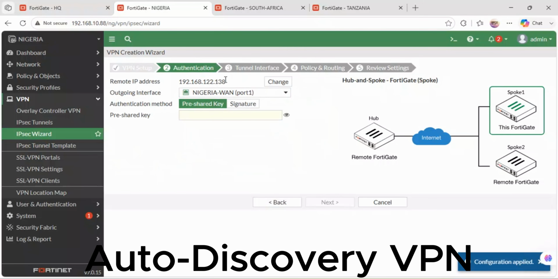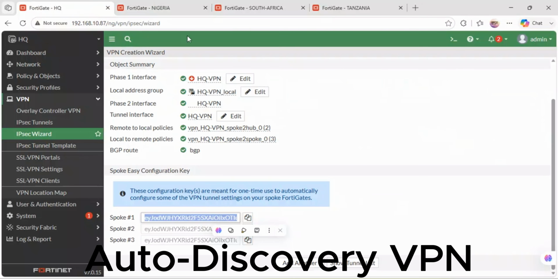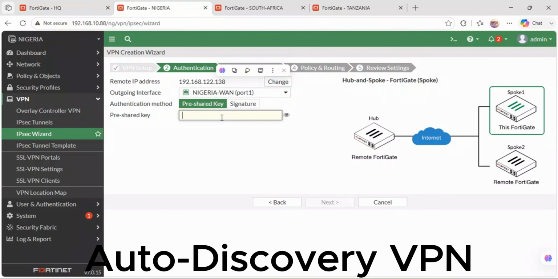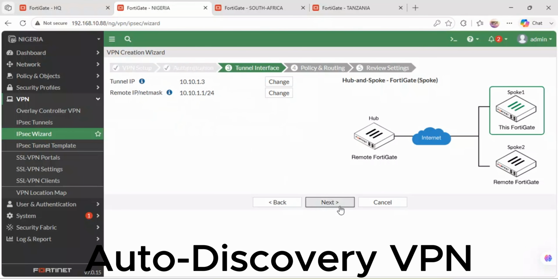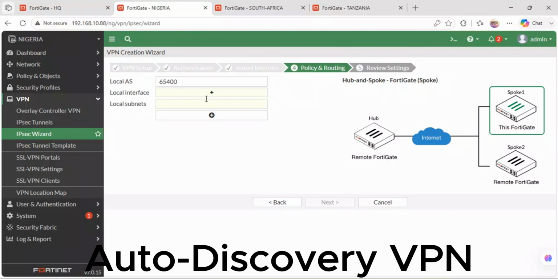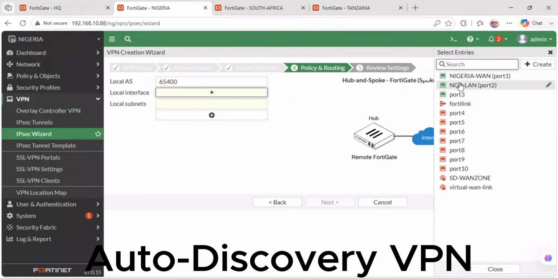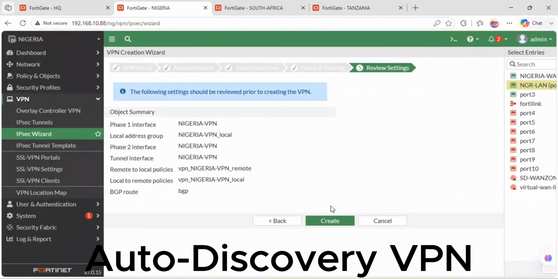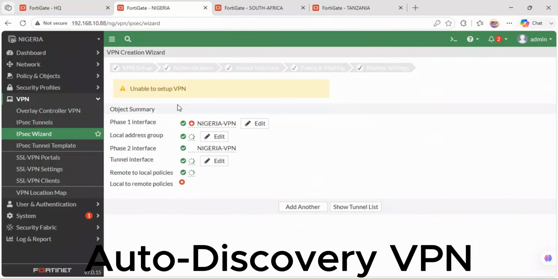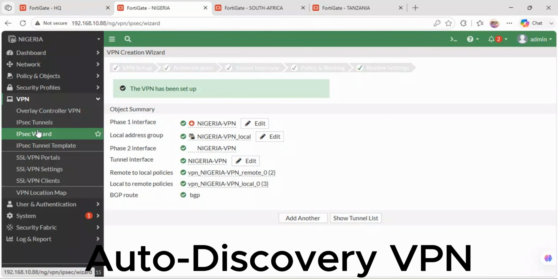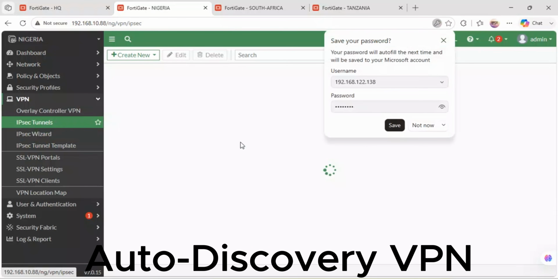Next, you see it has detected 138. 138 is the IP address for the interface facing the ISP, Fortinet. So at this point, we just pick the LAN. Then we've created that. If we want to see the tunnel